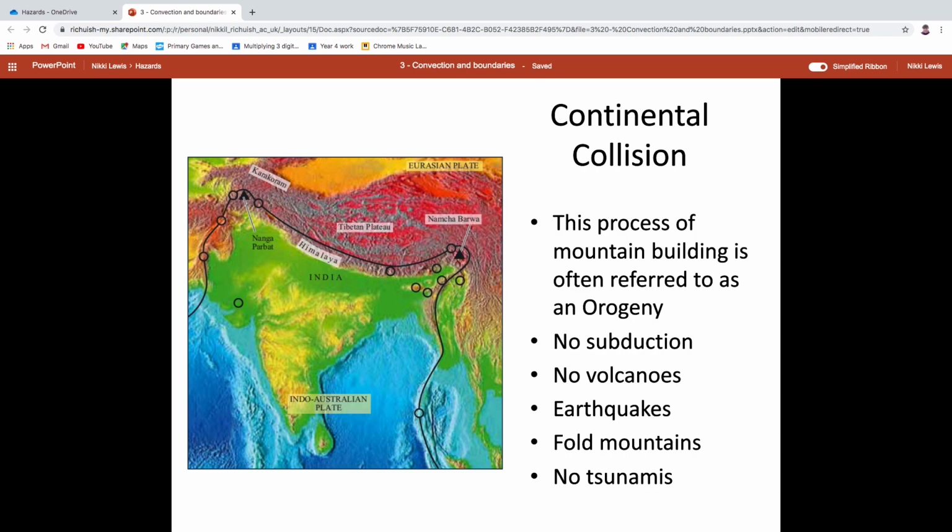So you get your mountain building, or if you want to use a posh word, orogeny. No subduction, so if you haven't got subduction, you can't get volcanoes. You can definitely get earthquakes, lots and lots and lots of earthquakes. Fold mountains, you're not going to get tsunamis because guess what, ladies and gents, you are not under the sea,